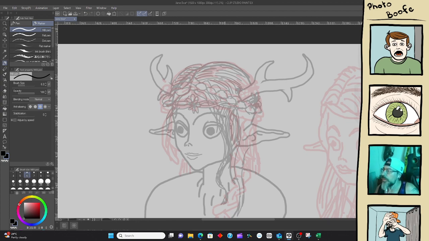Sort of go in two different directions. One coming down this way, and one coming down this way. And I can see what the gap is here.